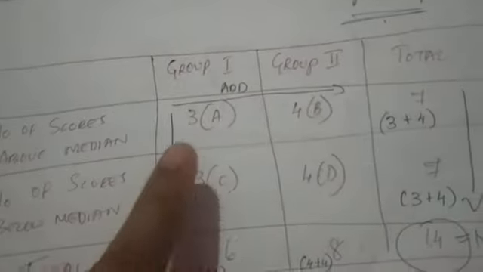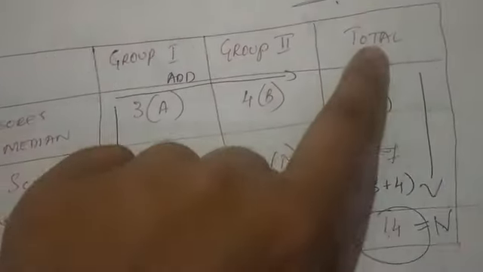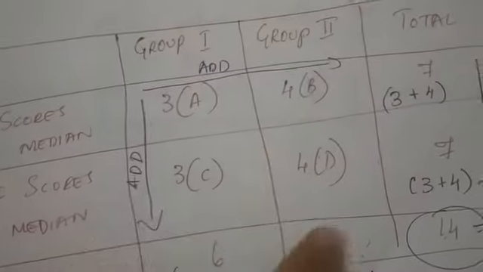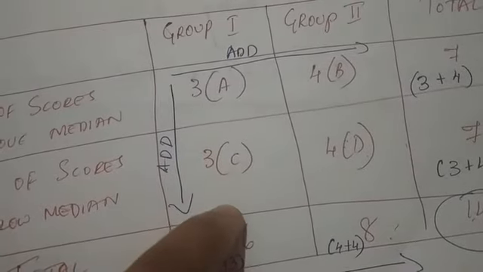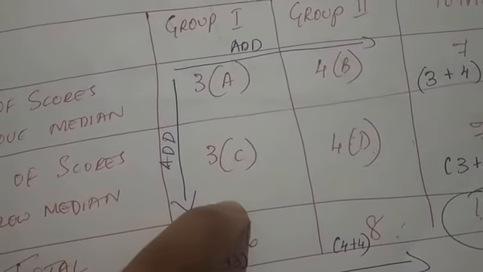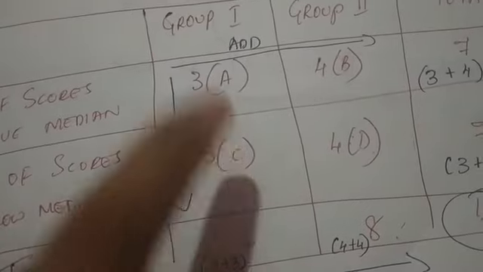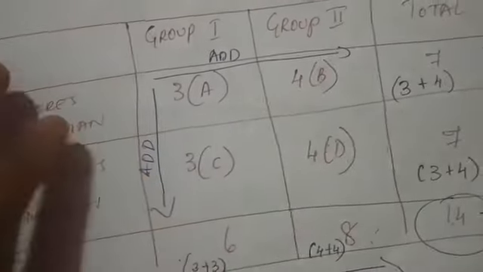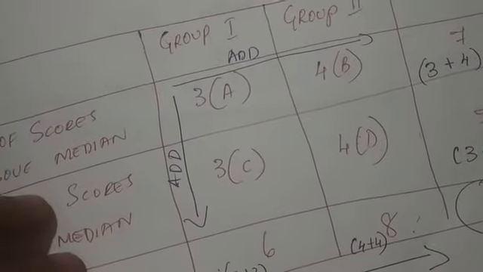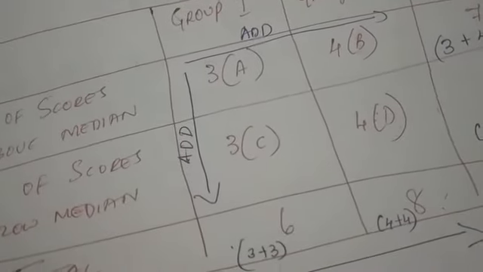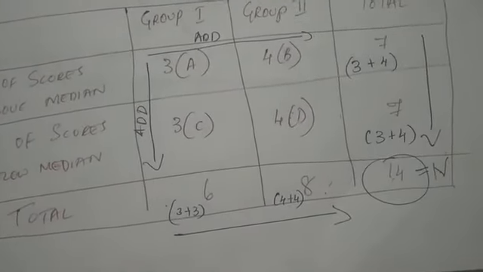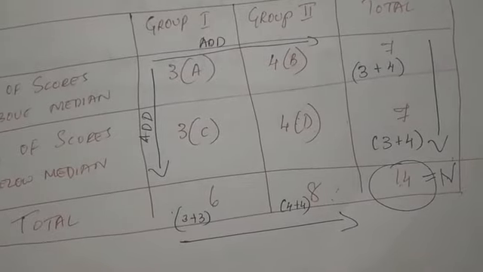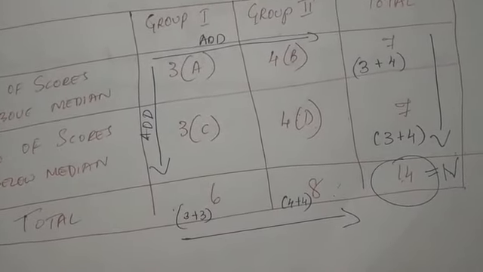See, we are talking about the contingency scores, that is 3, 4, 3, 4, and we are not talking about 6, 8, 7, 7. So when we say contingency score, the 4 quadrants are taken into consideration. When the contingency score of the 4 quadrants is not more than 5, then we use the formula n into AD minus BC minus n by 2 whole square, divided by A plus B into C plus D into A plus C into B plus D.